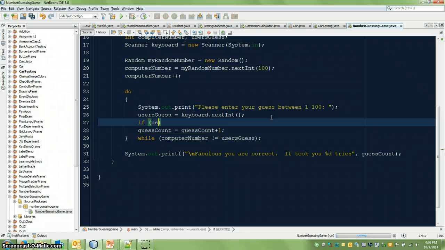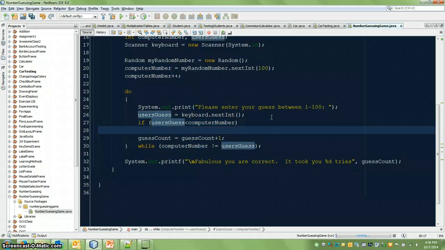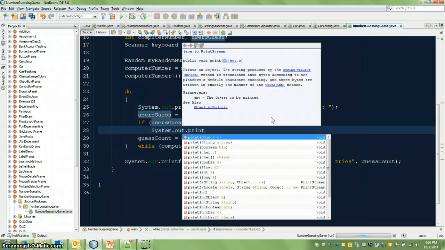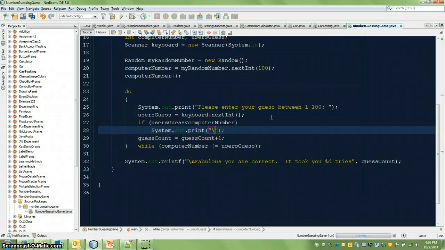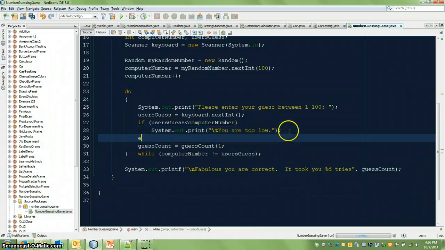Okay, so if the user guess is less than the computer number, right? So if that is true, then we want to say system.out.print, tab over a little and say, if our number is too low, say you are too low. Else if